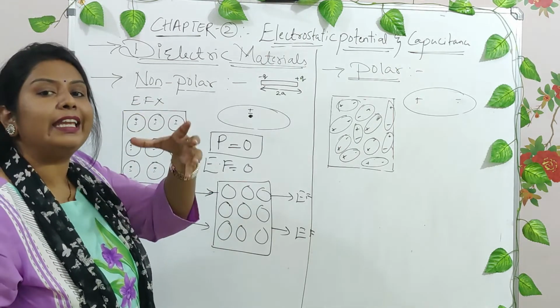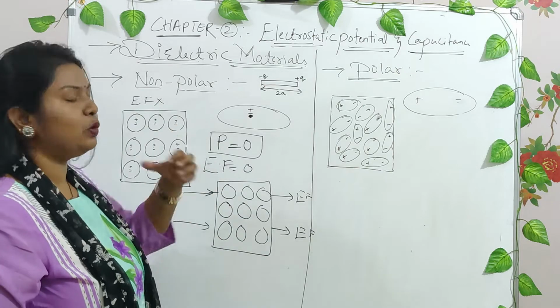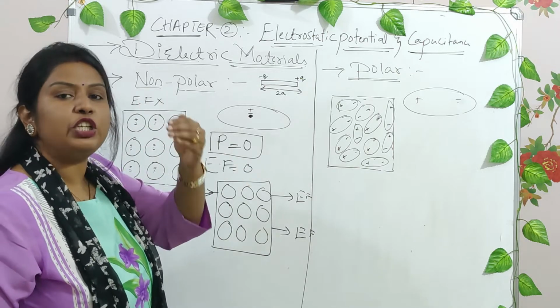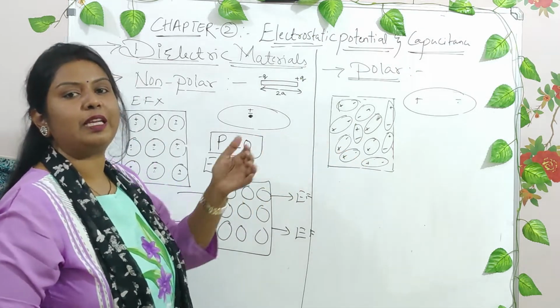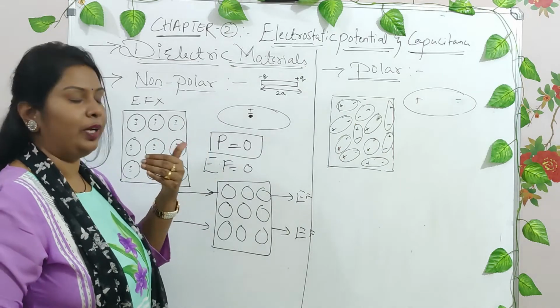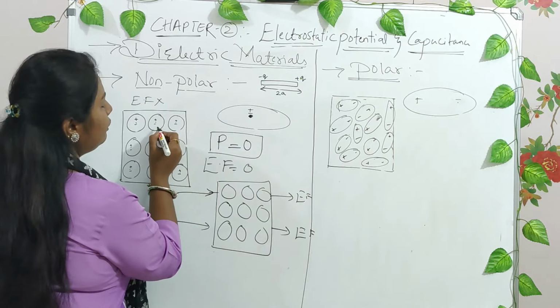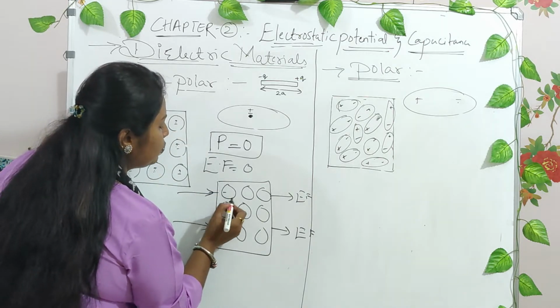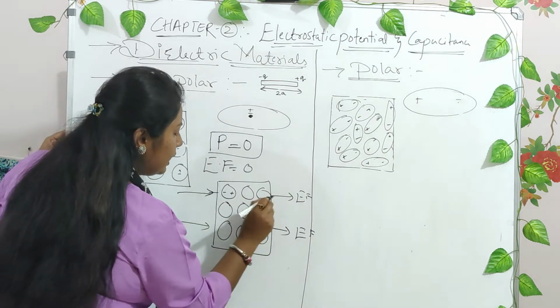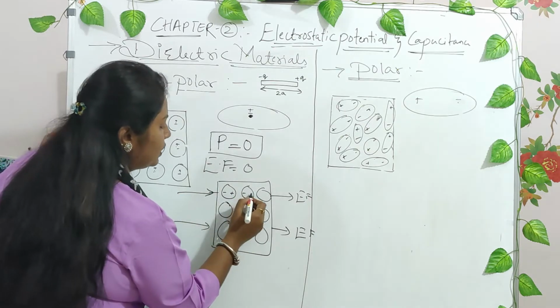The positive and the negative charges in the molecule start moving apart. The positive move in the direction of the electric field and the negative move opposite to it. Due to this, what happens? There is a separation of positive and negative charges in this molecule. Positive move in this direction and negative in the opposite. So